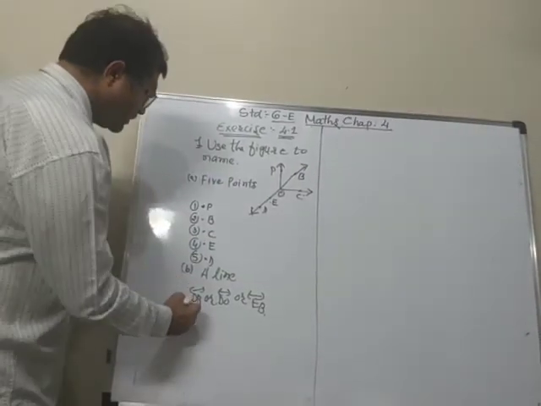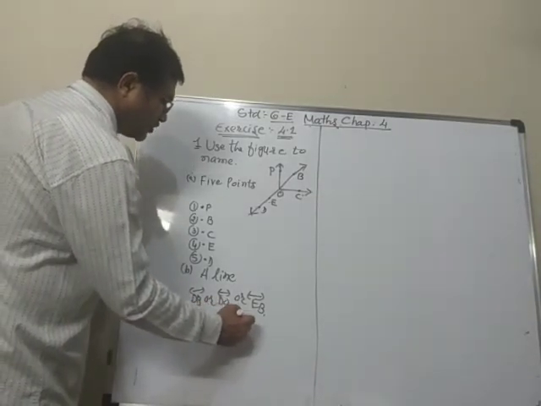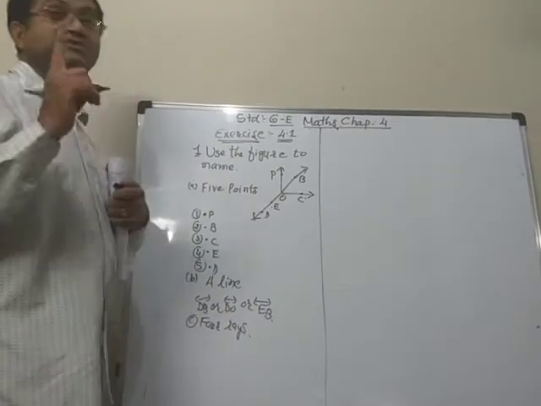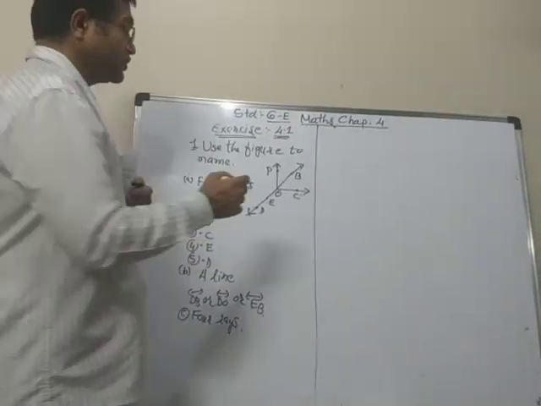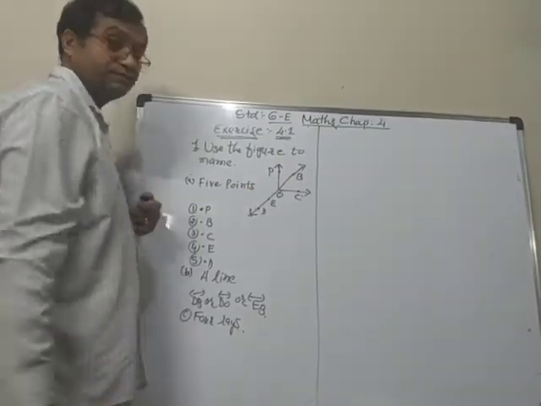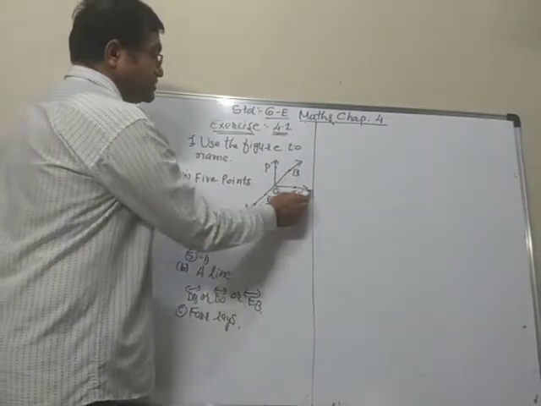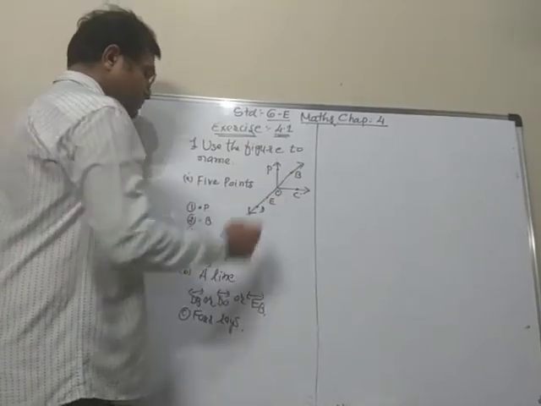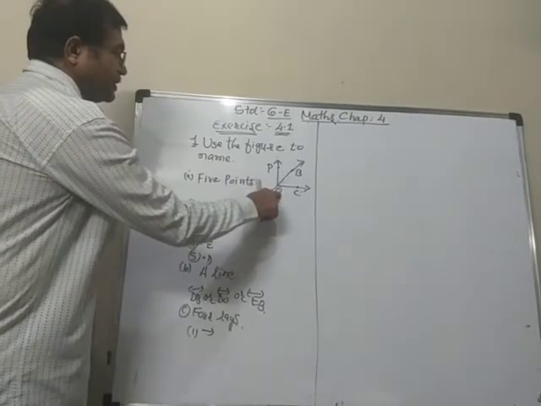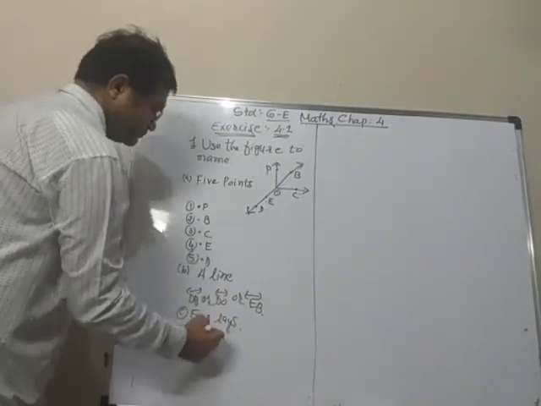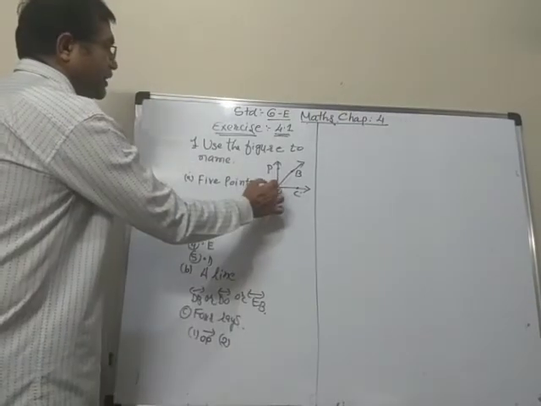See, 4 rays. Now we learned about rays also, meaning one starting point and going in one direction. So you can see here, from the point O, the rays are going. This is a ray, this is a ray, this is a ray, and this is a ray. So we write down all the 4 names. The first one is ray, starting point is O, so OP. The second one, we can write down OB.